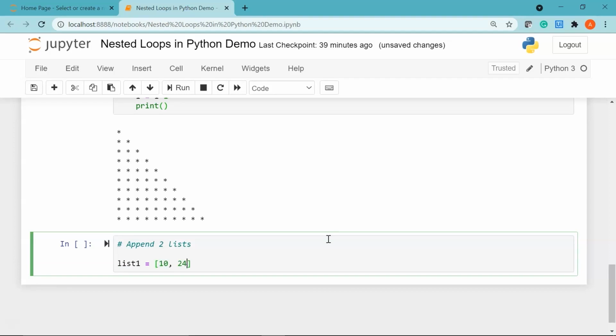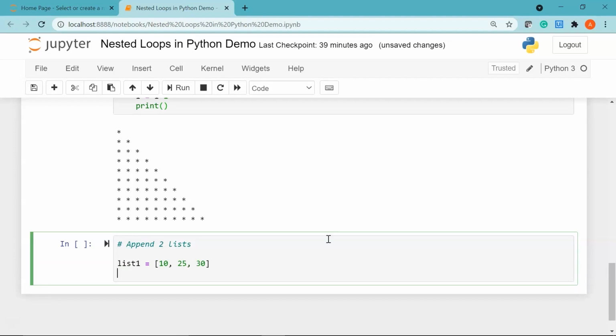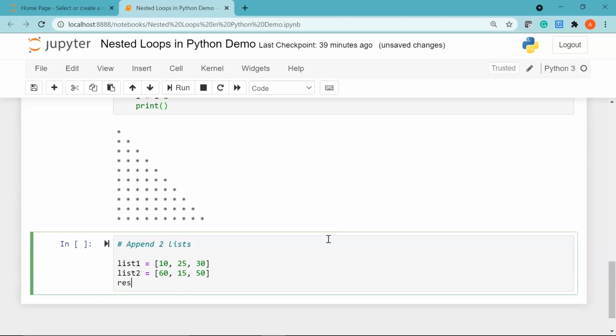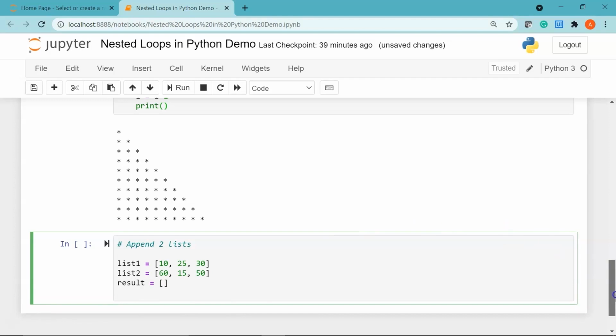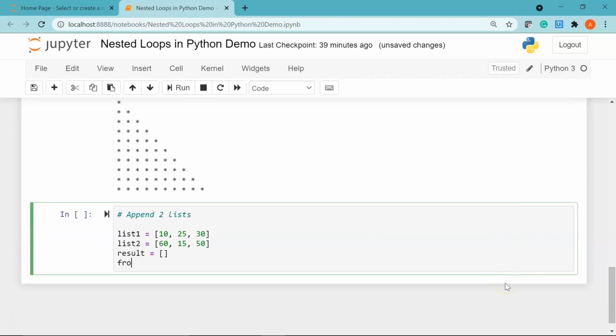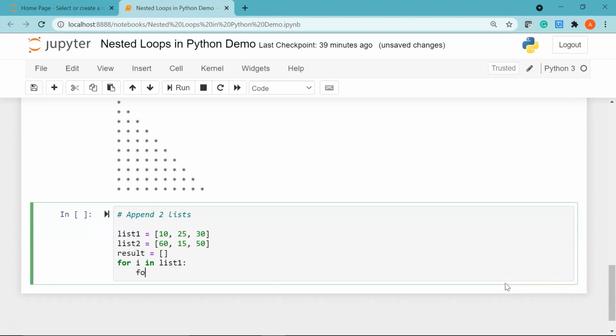Let's say I have 10, 25 and 30 as my elements in the first list, and then I'll declare my second list which will have, let's say, 60, 15 and 50. Okay, now I'll declare an empty list called result, and after that I'm going to start my outer for loop. I'll say for i in my list 1, then I'll say for j in list 2,